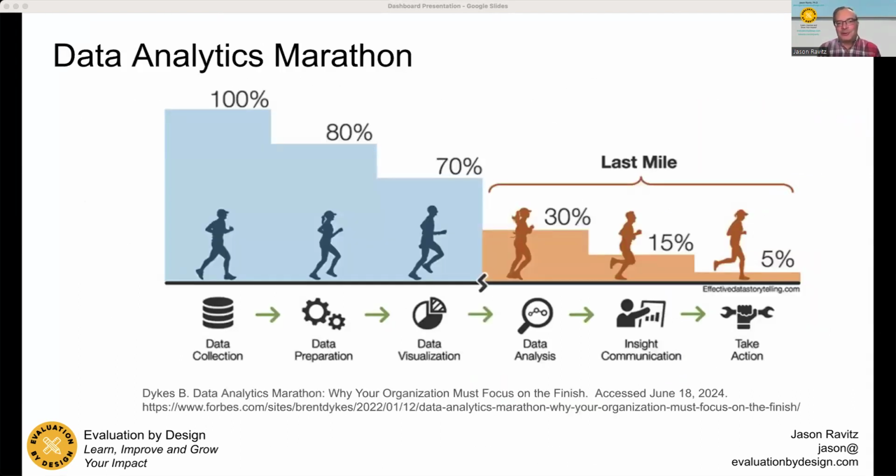I think everyone who's worked extensively with data can relate to this image. I've seen estimates that data practitioners can spend even more of their valuable time, 40 to 80%, finding, cleaning, and organizing data. And working with data is a marathon that many don't finish. By finish, we mean going the last mile in this image, which is actually analyzing the data, generating insights, and taking action. And as I presented last time, a few years ago, having data alone was just stage one in my stages of evaluation use model.